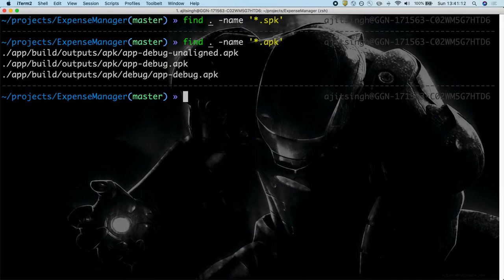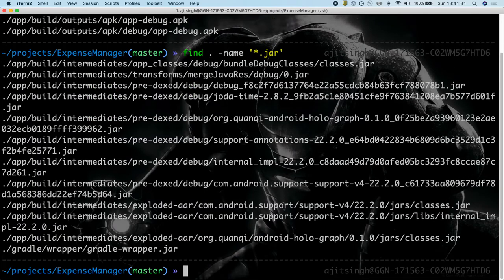Yeah, so it will list me all the APKs present as part of the build. Similarly, if you are on a Java project and you want to look for some jar files, you can just say star.jar and it will find you all the jar files present in your project.